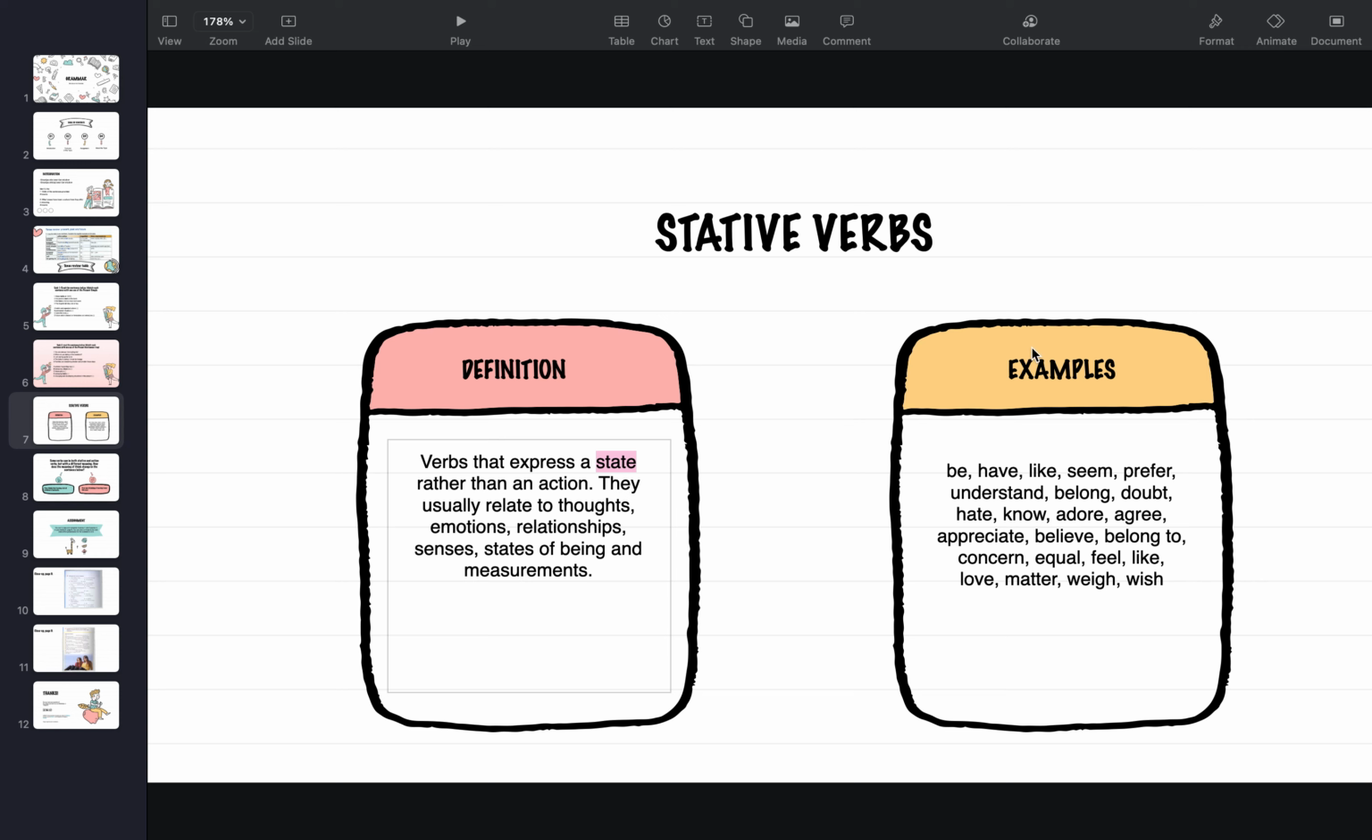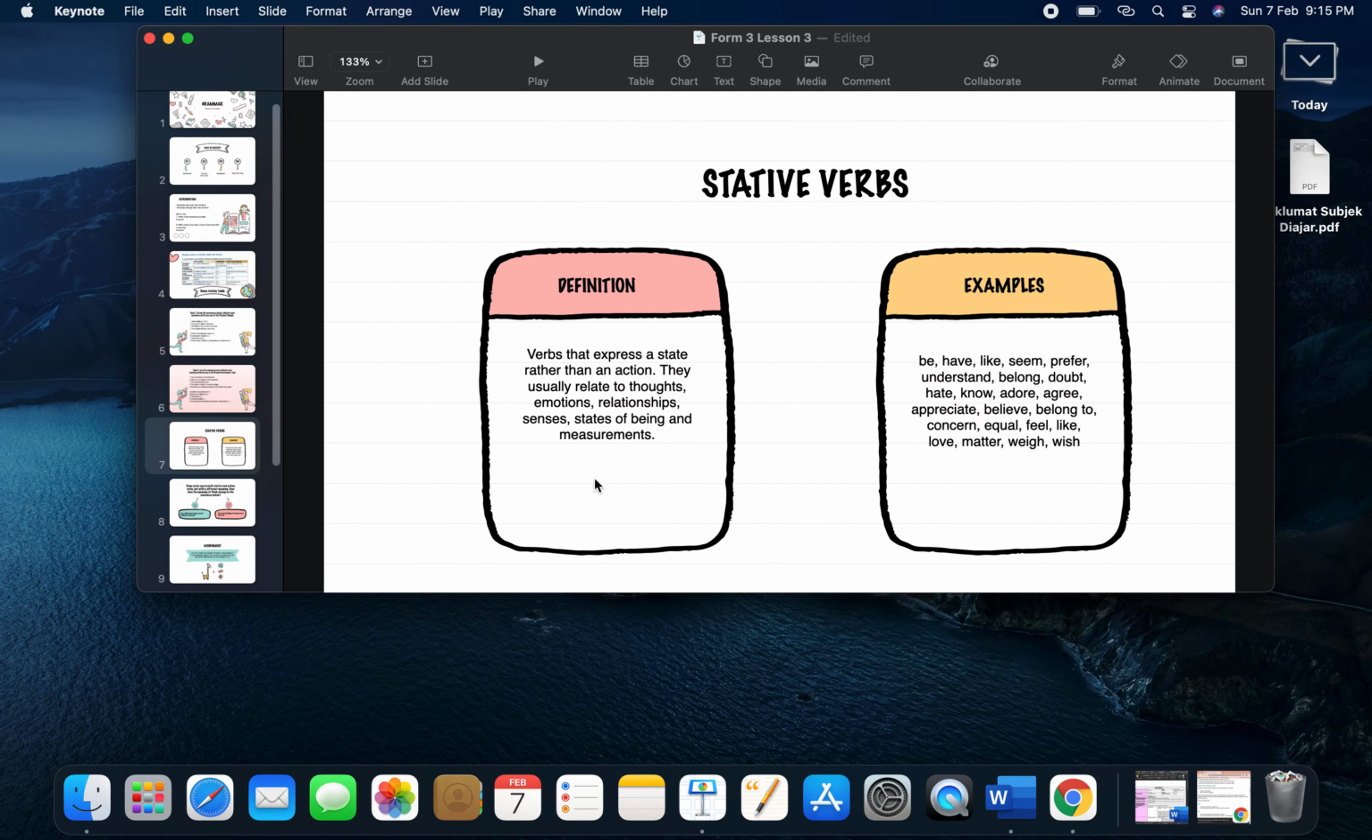Okay, contoh stative verbs, maknanya contoh perkataan yang dipakai when we are using stative verbs are like be, have, like, seem, prefer, understand, belong, doubt, hate, know, adore. You can read everything, all of this on your own, but I just really want to show you the definition